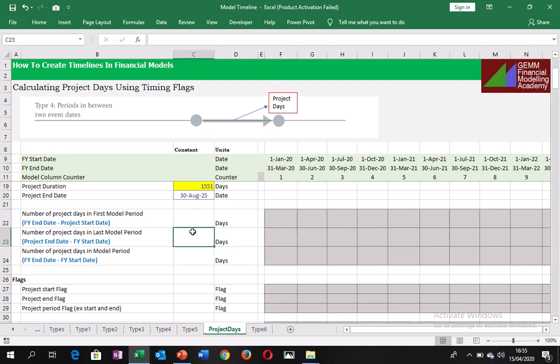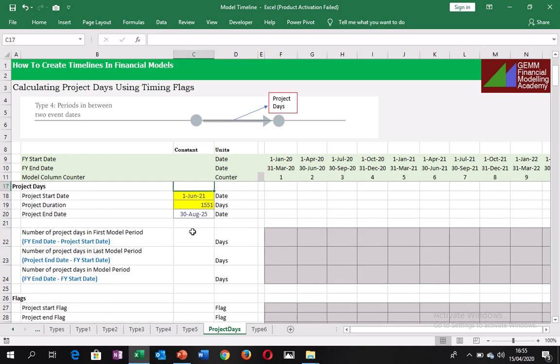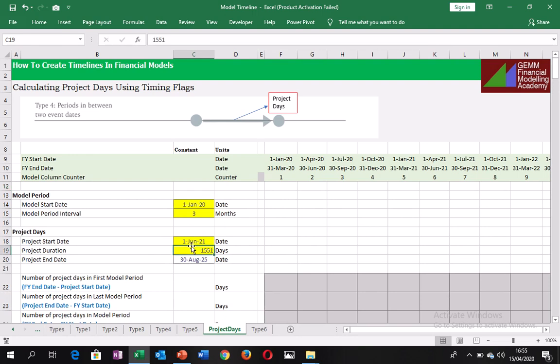If you look at the project start date, you see that it is 1st June 2021. So we need to look up on our model timeline to see where 1st June 2021 falls. It will fall here. So let me identify that part by using 4 of these signs. Okay, so that is where